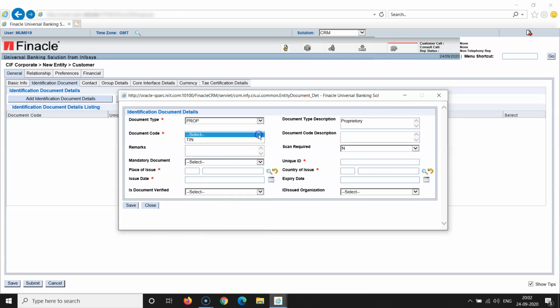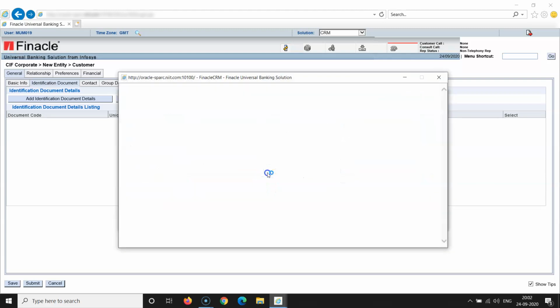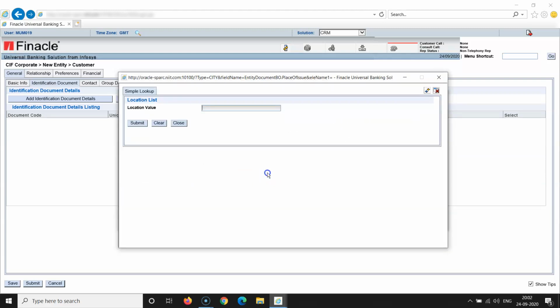Then document code 10, right? Scan required, yes or no as per his ID. And what is the unique ID? Enter here. Mandatory document, yes. Place of issue. Whenever you want to choose, select Mumbai.